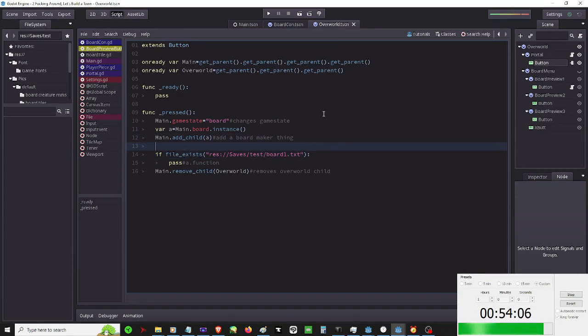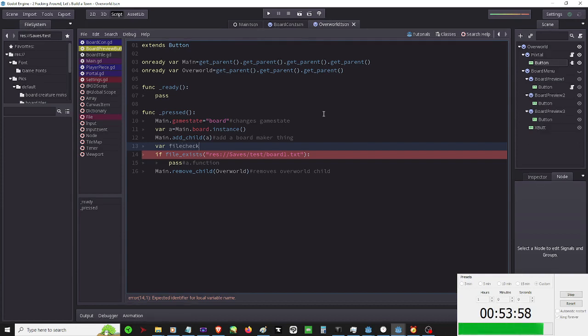Okay, I guess we're doing var file check equals file dot new